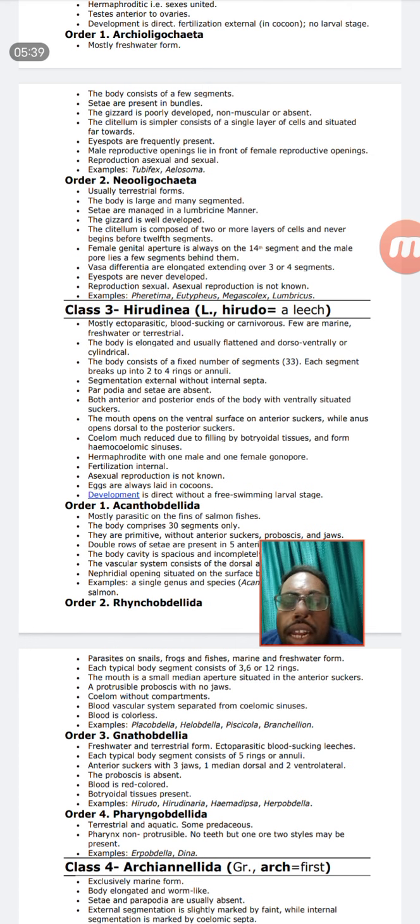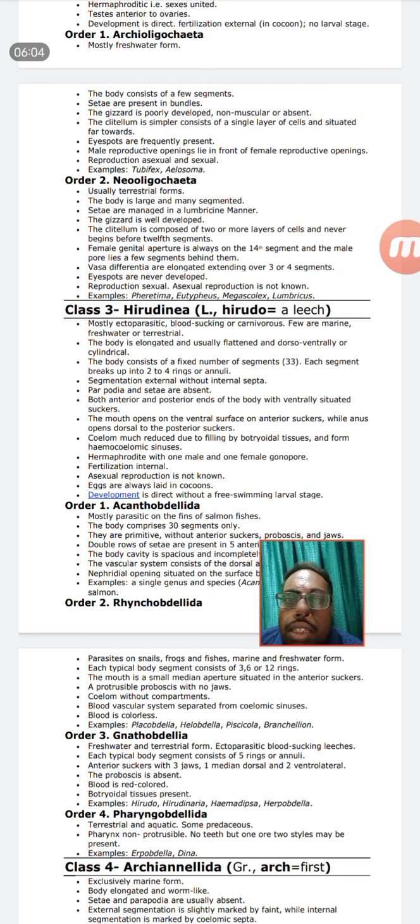This Hirudinaria is an ectoparasite. Ectoparasite means it can come and stick on the body of animals including humans, and it can suck the blood through the skin. That means its mouth is adapted for this, and they are hermaphrodite. In asexual reproduction we do not know much.